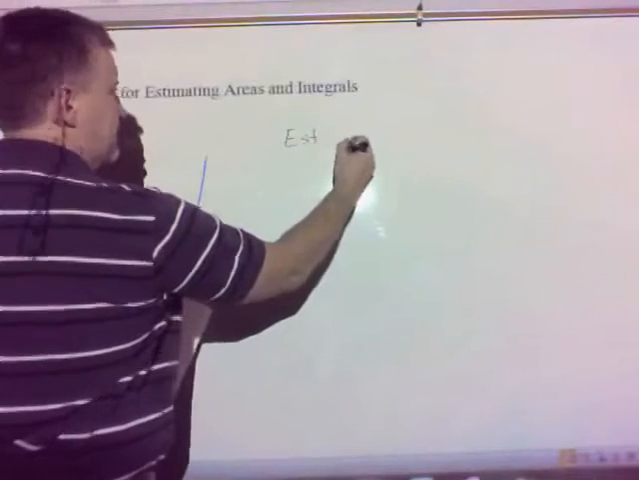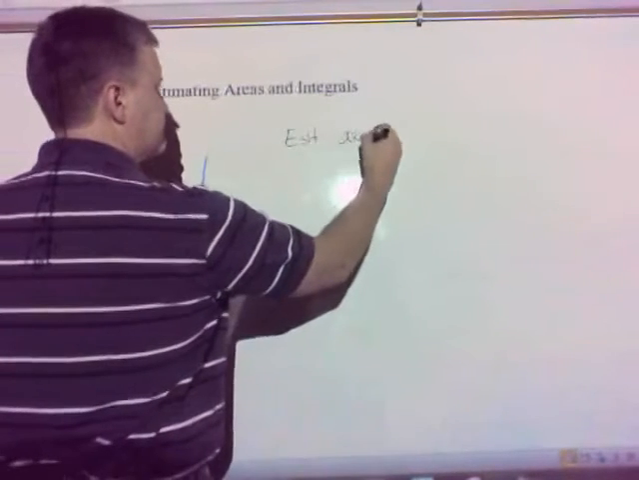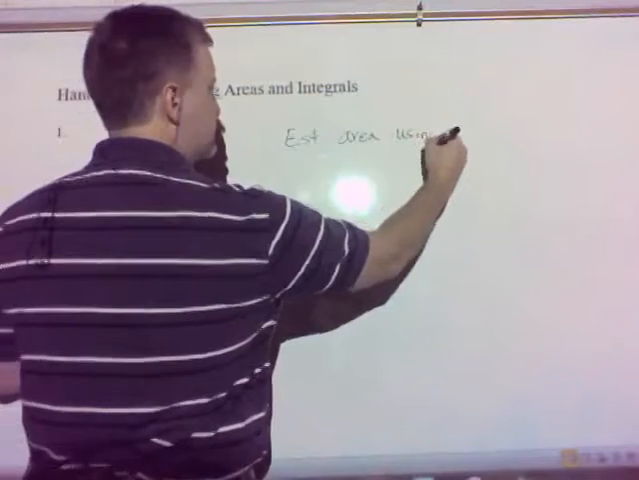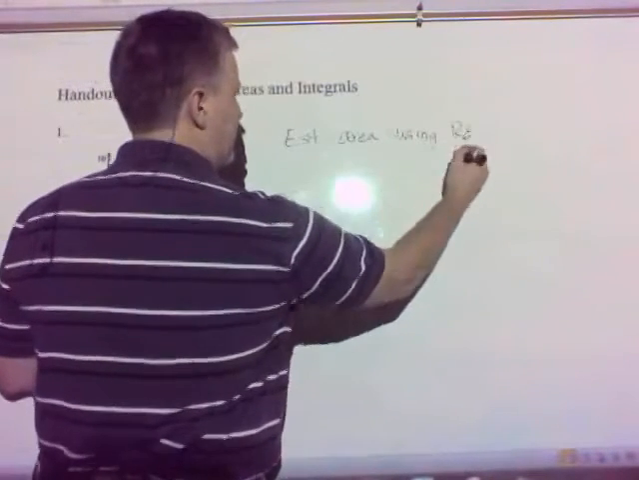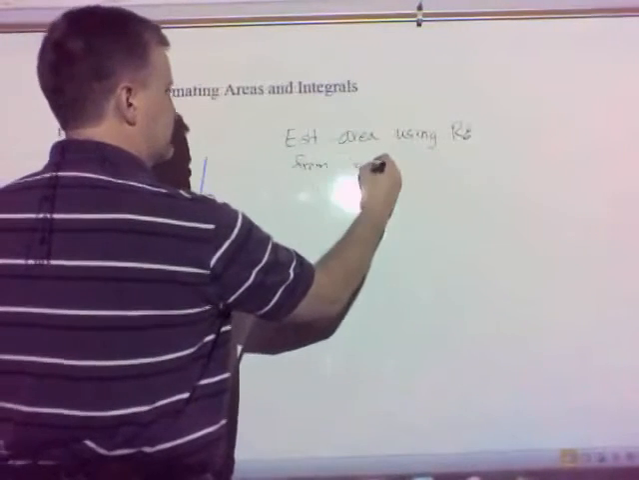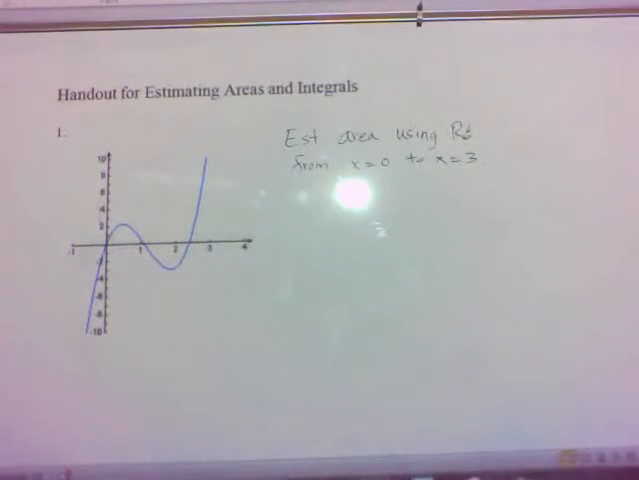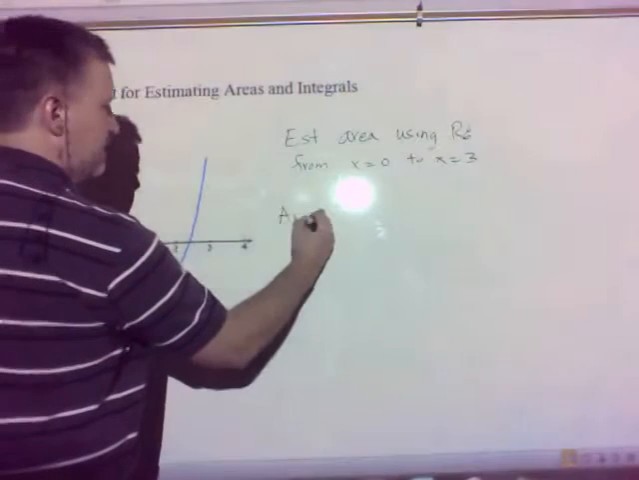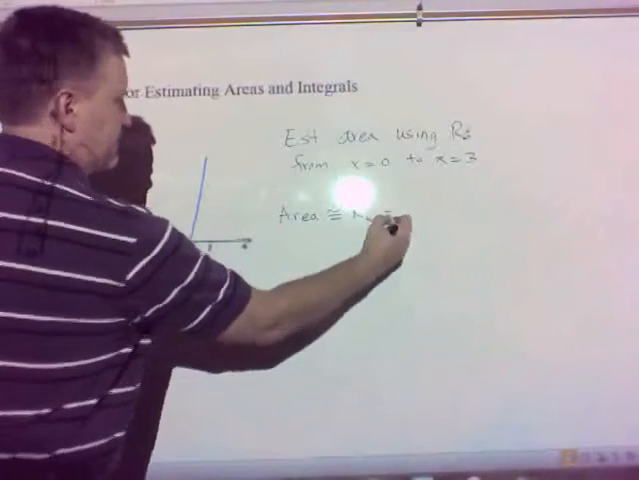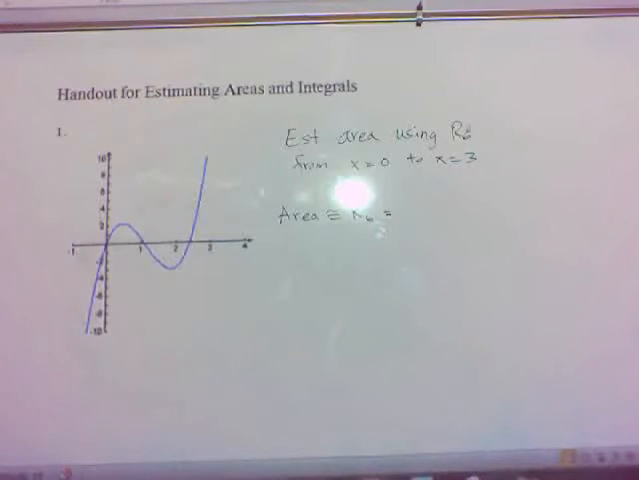All right, so let's estimate our area using R6 from x equals 0 to x equals 3. I'm going to estimate the area under the curve from x equals 0 to x equals 3 using this, what we call R6, which means what? Right-hand endpoints, 6 rectangles. Okay? So our area, approximately R6, equals, well, it's going to equal,